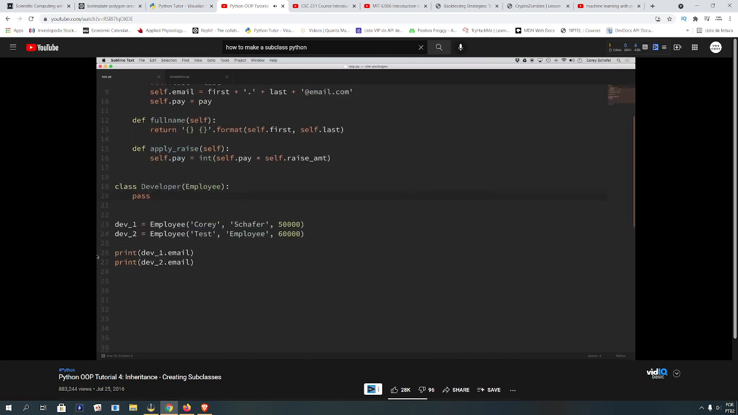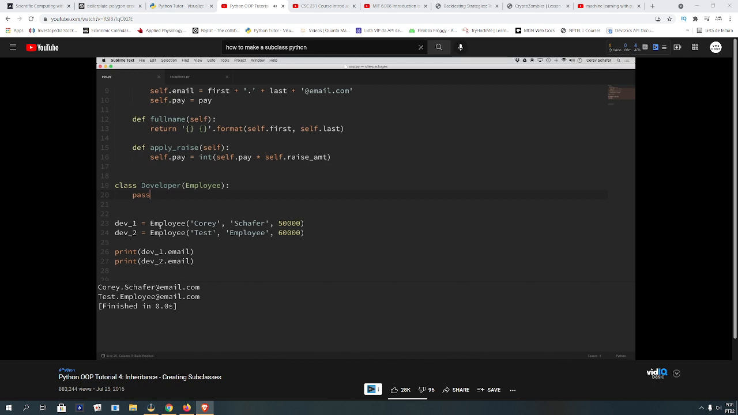So right now, down here I have two instances of our employee class, and then I'm printing out both of their emails. So if I save this and run it, you can see that when we create two new employees and print out their emails, we get this result. So now, instead of creating two new employees, I'm going to create two new developers and pass in all of the same information. So now, if I rerun this and print out those emails, you can see that those two developers were created successfully and that we can access the attributes that were actually set in our parent employee